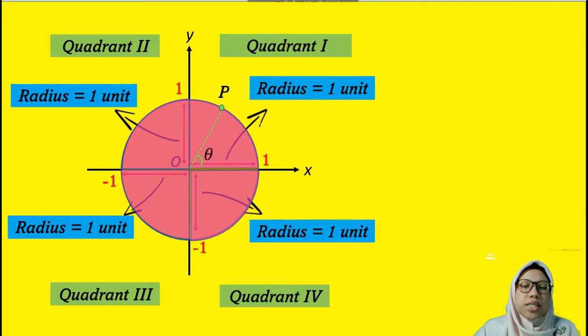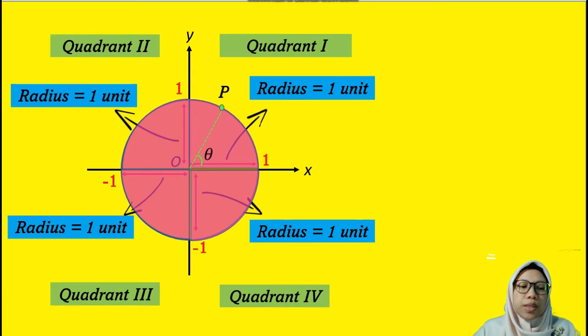What is unit circle? Unit circle is a circle that has a radius of 1 unit and is centered on the origin. The x-axis and y-axis divide the unit circle into 4 equal quadrants, namely quadrant 1, quadrant 2, quadrant 3 and quadrant 4. It is given that P is a point that moves along the circumference of the unit circle and theta is the angle formed by the radius of the unit circle OP from the positive x-axis in an anti-clockwise